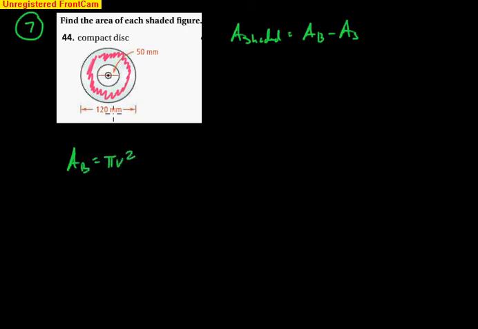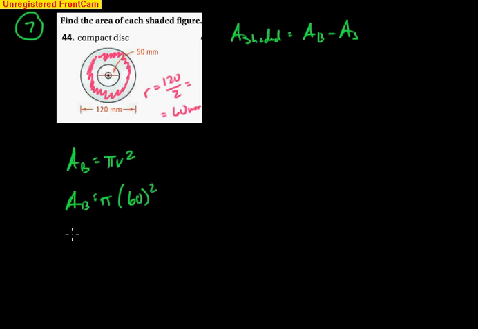Area formula, pi r squared. Now, they give us the diameters. The diameter of the big is 120. To find the radius, take 120, divide by 2. That means the radius is 60 millimeters. So to find the area of the big circle, pi times 60 squared. And when I multiply that, 60 squared times pi,